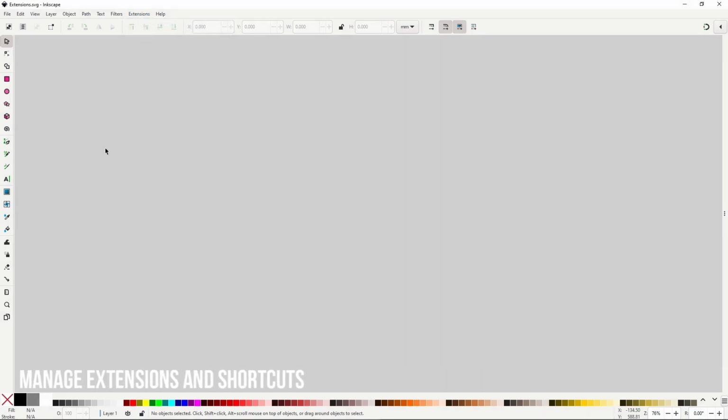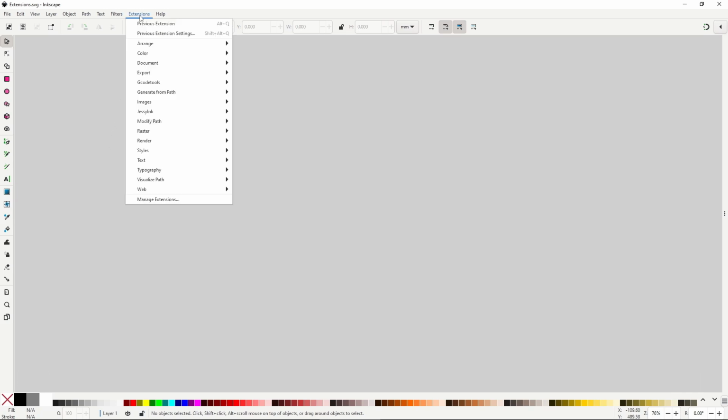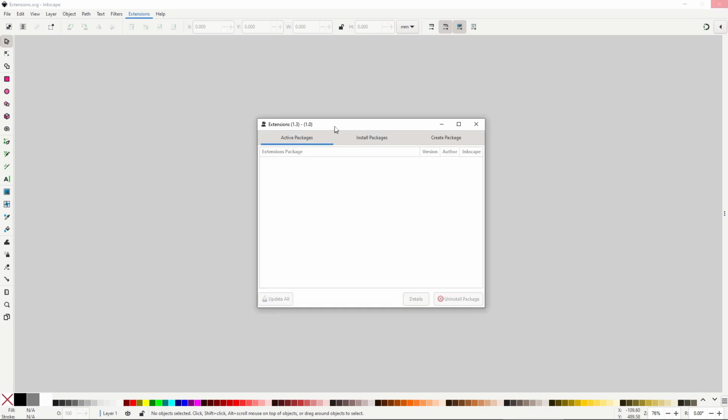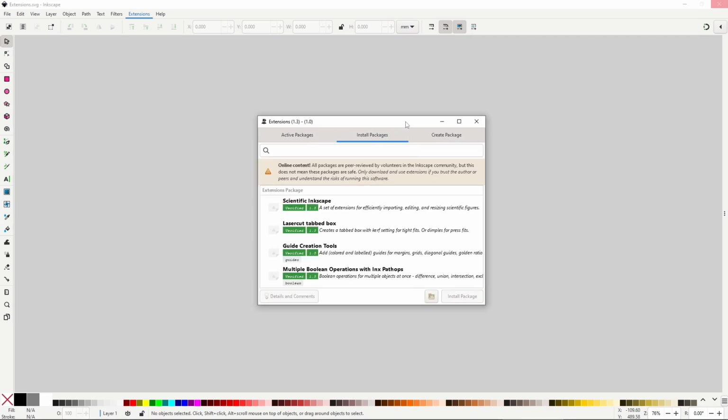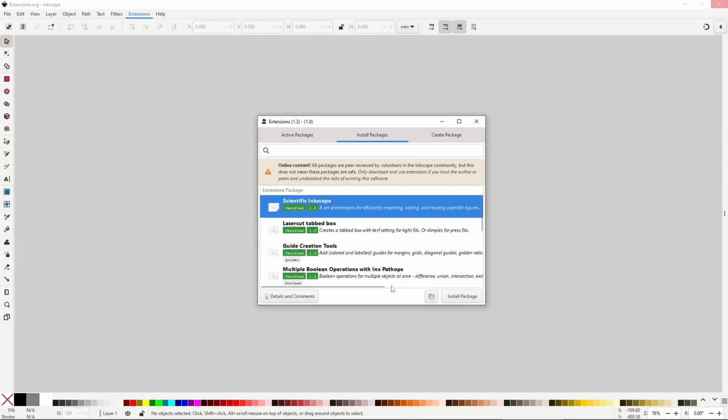But before starting with the actual extensions, there are a couple of things I would like to address. First, in the Extensions menu, there is an item called Manage Extensions, which will open up a menu where you can see and install even more extensions. These are community-made, meaning they are not made by the Inkscape team, and could potentially have malicious code, so be warned. All you have to do to install any of them is to select them and click on Install Package,